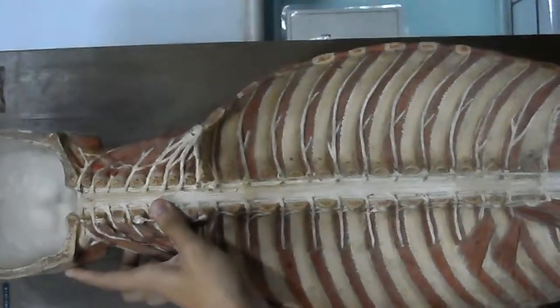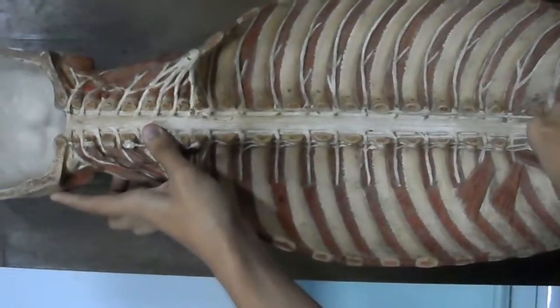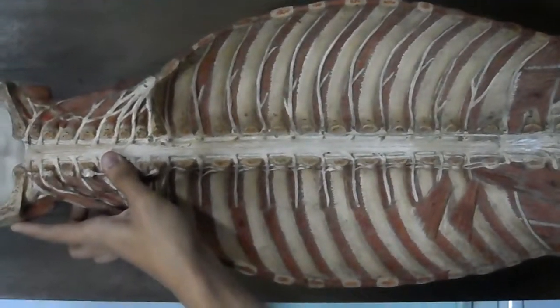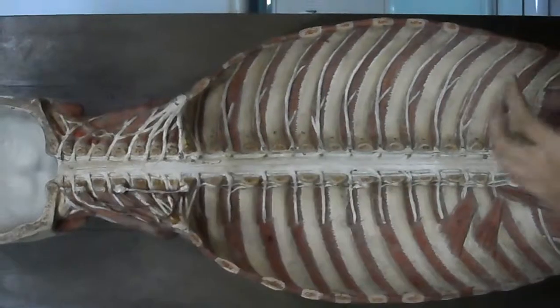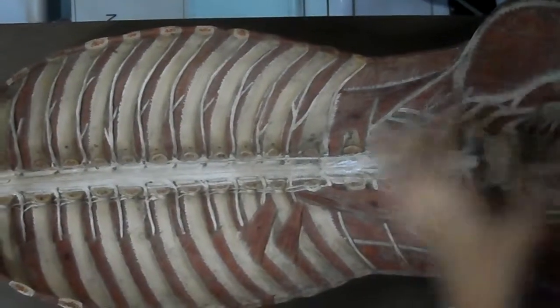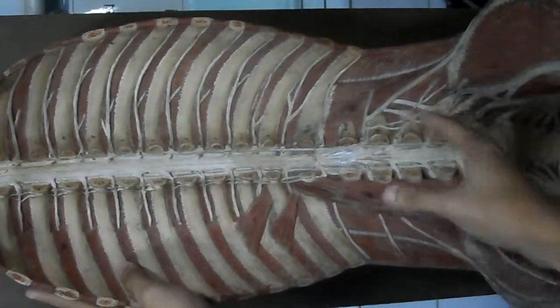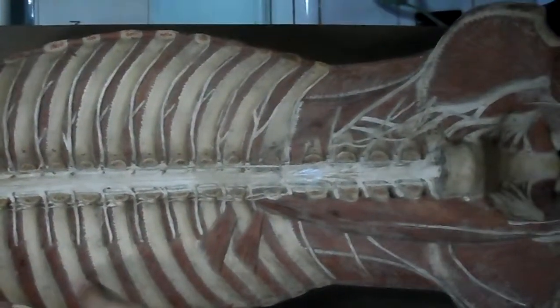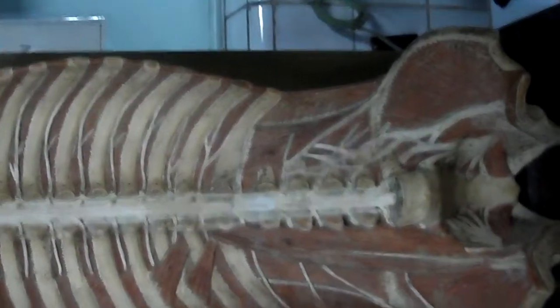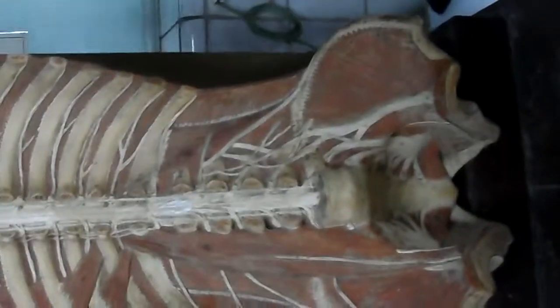Or horse's tail. So from here, from L1 and L2 and your cauda equina, you get your lumbar plexus. So yun lang basically important dun. And if you want to know an important function of S2 to S4, just remember it keeps your penis off the floor. So, next naman na gagawin natin is